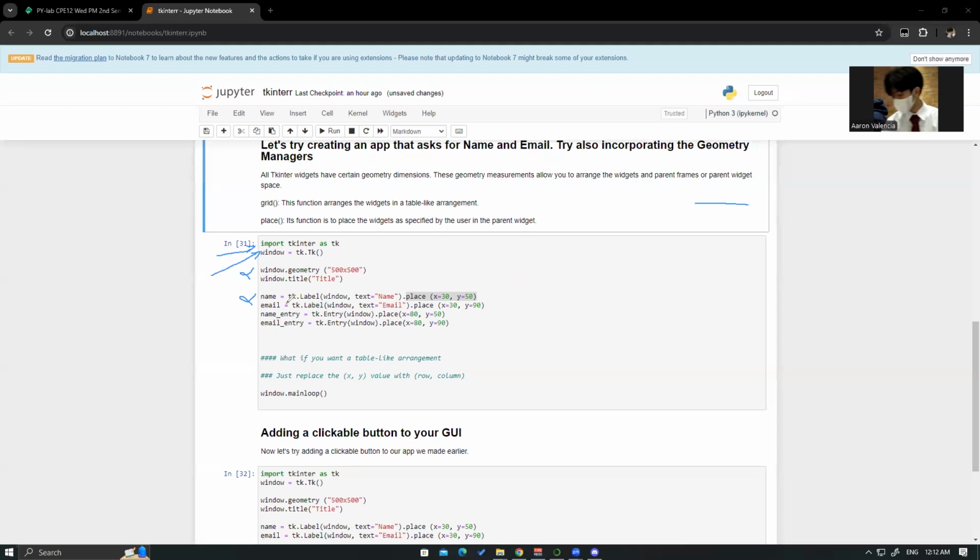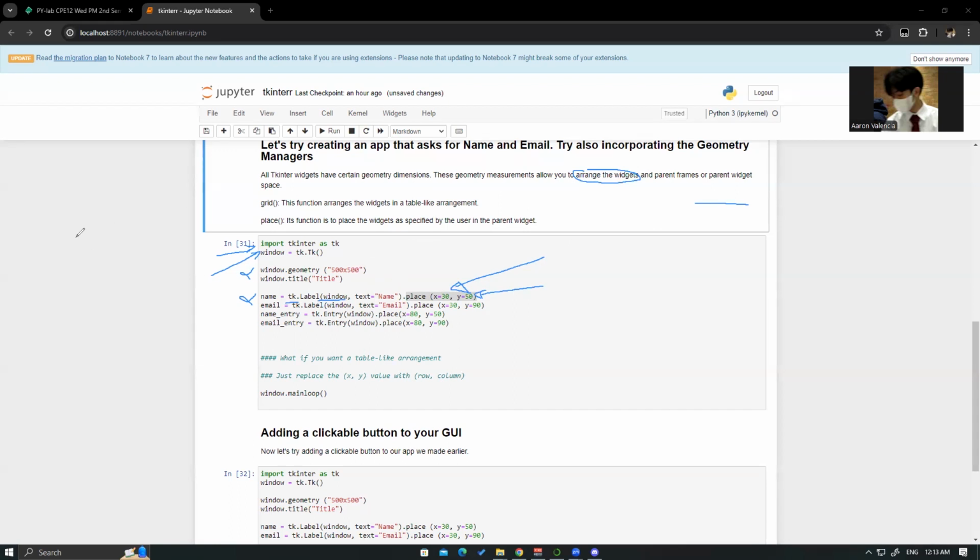So tk.Label, window, comma, text equals name, and that place. So why did we add this method, that place? So we added that place so we can arrange the widgets in the application.